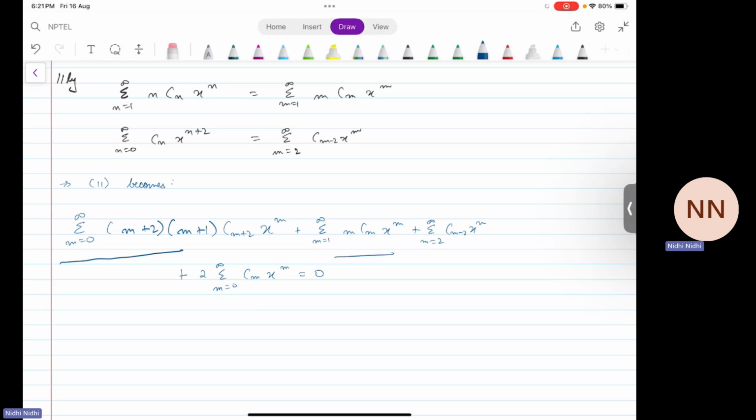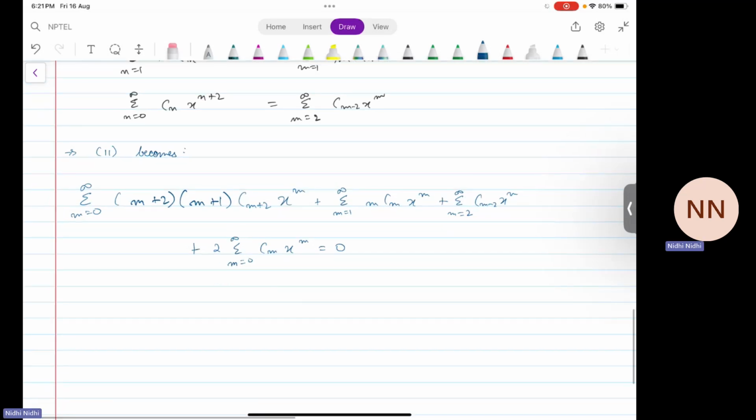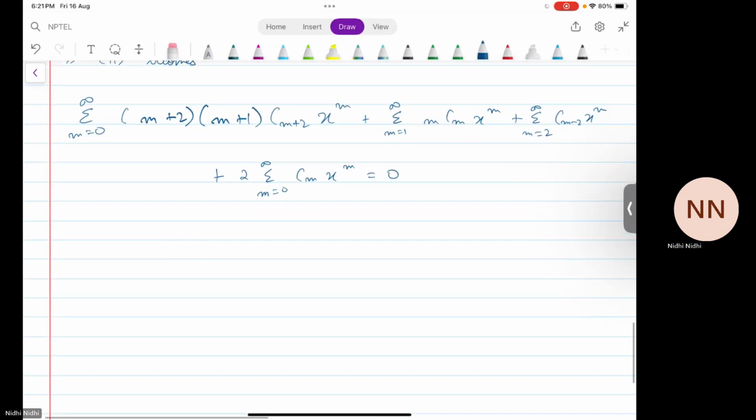In the second term, if I take the first term, then again the rest of the sum would be from m equals 2 to infinity. Here we already have m from 2 to infinity, and in the last series, if I take out the first two terms, I'll be left with the sum starting from m equals 2. So to make the left hand side uniform, I'll remove the first few terms in the series wherever required. So this makes our equation